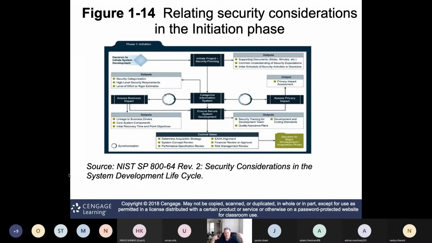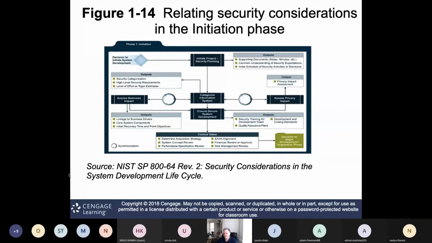And so then you get the results from both the business impact and the privacy impact, and then you go into the ensure secure system development, right? And this is security training for development teams, quality assurance, dev and coding standards. That's what's going to be found in here, right? Because you're going to have a lot of reusable code, hopefully, that's been developed, vetted, and known to be secure, so that your developers can reuse and leverage existing code,